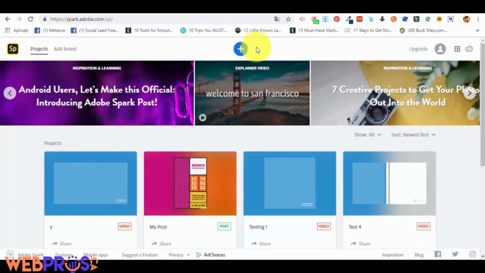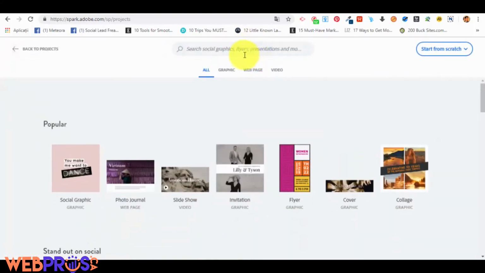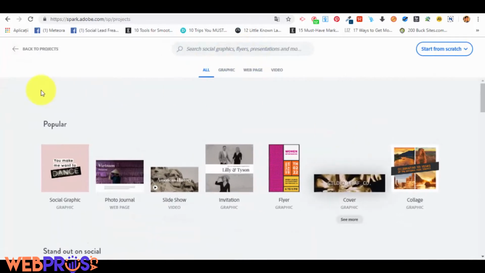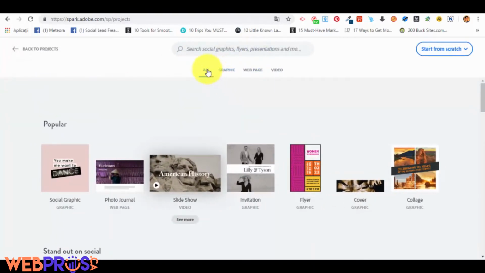Now, how do you create a new project and what type of projects can you create with Adobe? You just have to press on this icon with the plus sign on it here, and you will see that a new page will open for us. In this section, we can either search for something that we want to create, a type of template like social graphics, flyers, presentations, and many others,